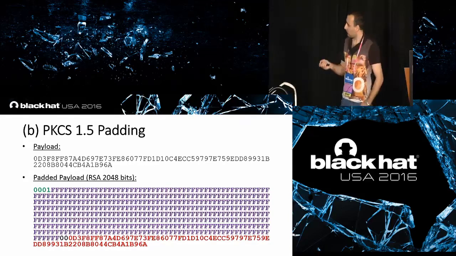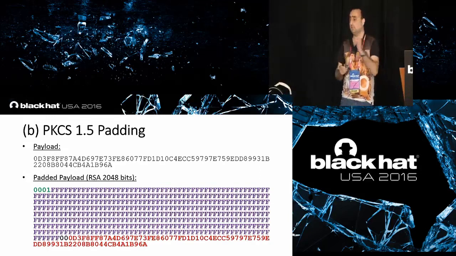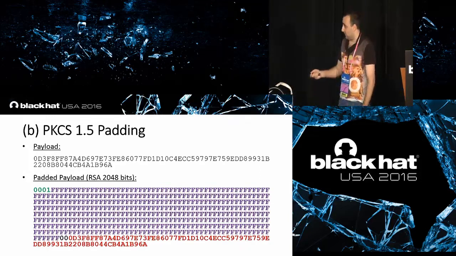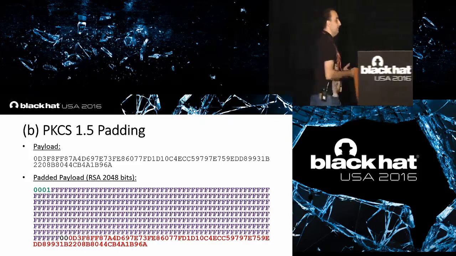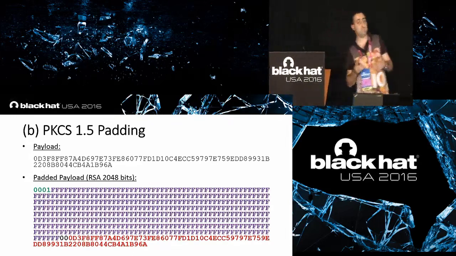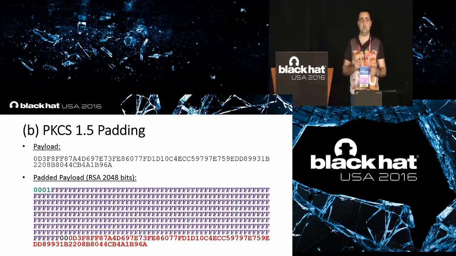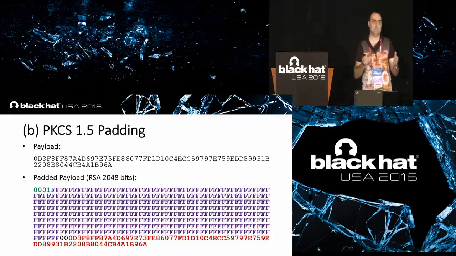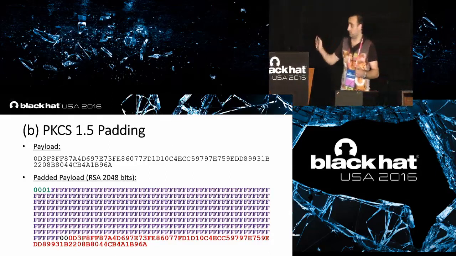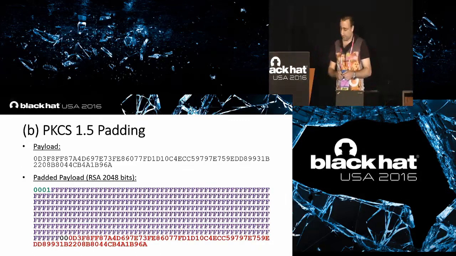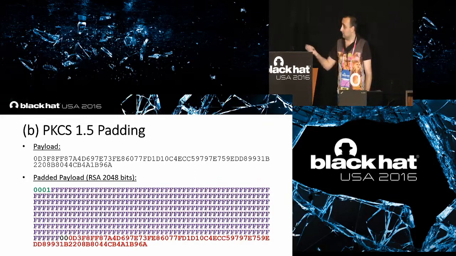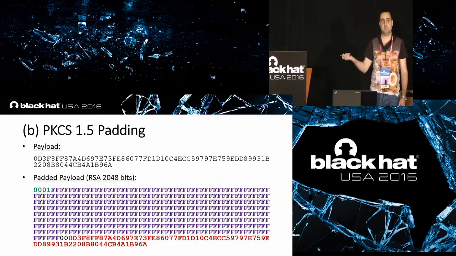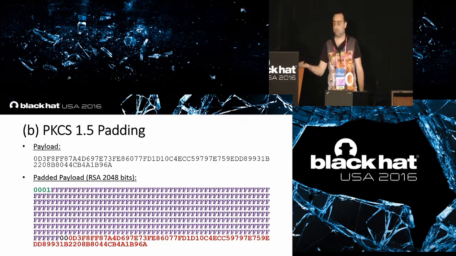And this is how PKCS 1.5 transforms our payload when TLS 1.0 and TLS 1.1 are negotiated. For TLS 1.2, there is a slight difference. Basically, between the black byte and the red part, the payload, the DER-encoded form of the object identifier for the hashing algorithm used to generate this hash is appended. And the most important part here is that the padding scheme is fully deterministic. So it is something that we can predict up front.